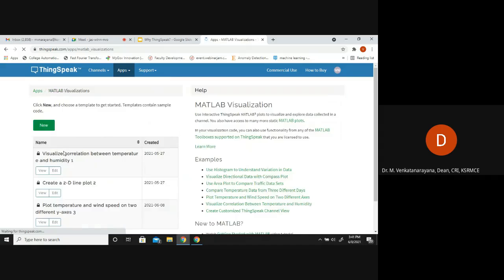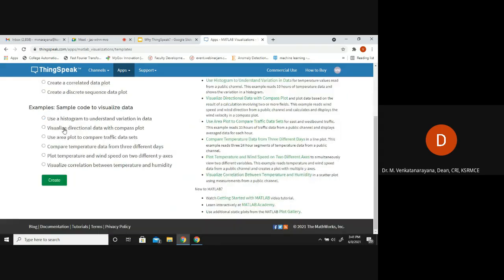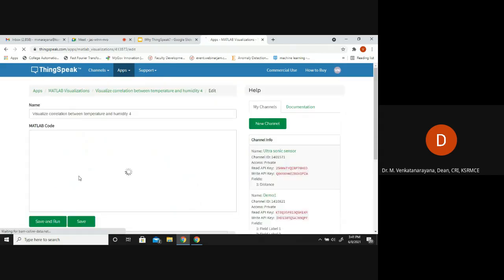MATLAB Visualizations. Go to new and see the examples, how we can plot the visualization of correlation between temperature and humidity.